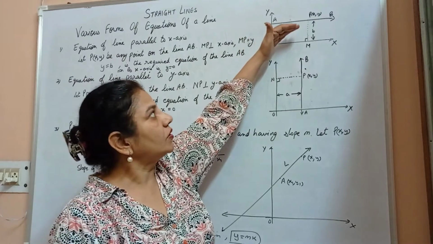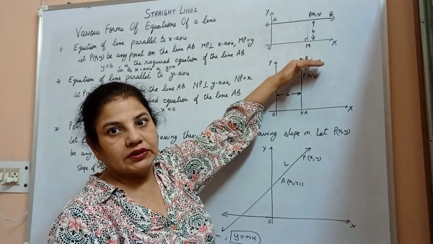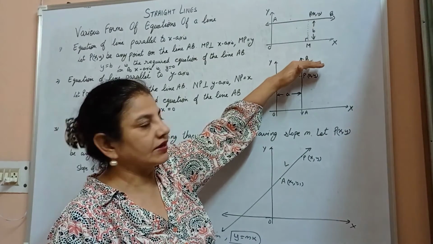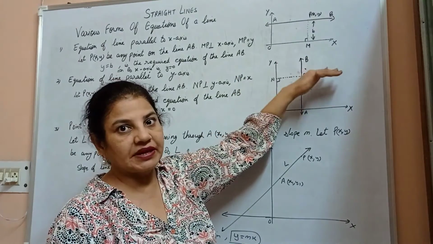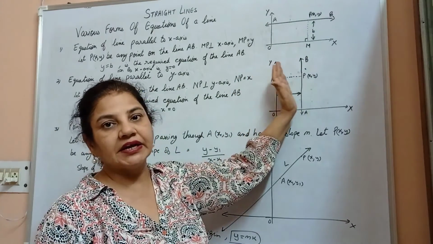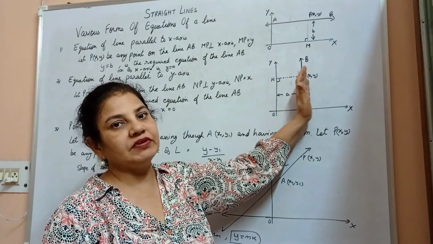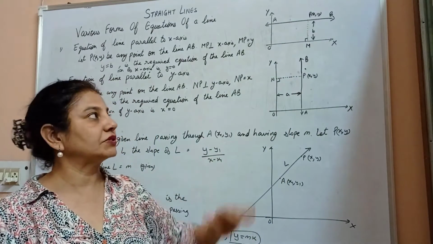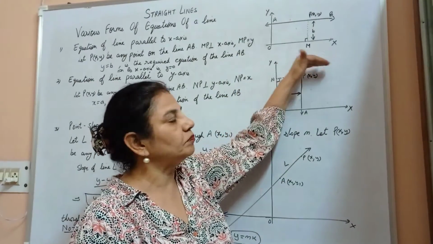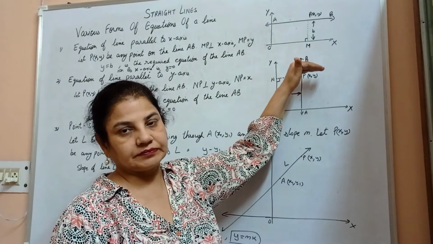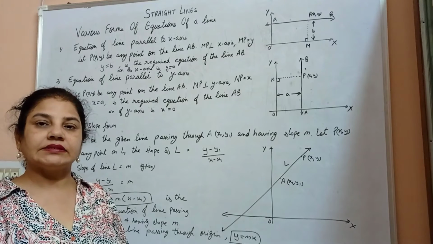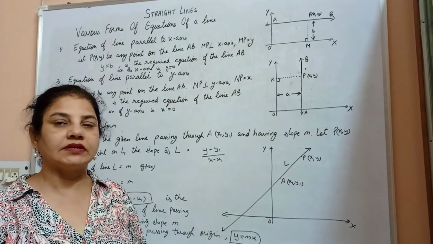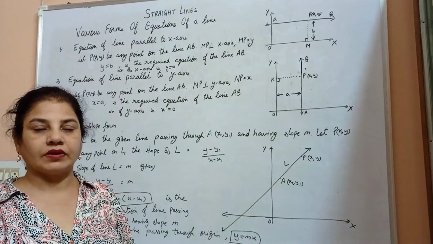If the line is drawn below the x-axis, or say it is parallel to the positive direction of x-axis, but it gives the negative points of y, then we say y is equal to minus b is the required equation, and in that case the line has been drawn below the x-axis in the fourth quadrant. Equation of x-axis is y is equal to 0.